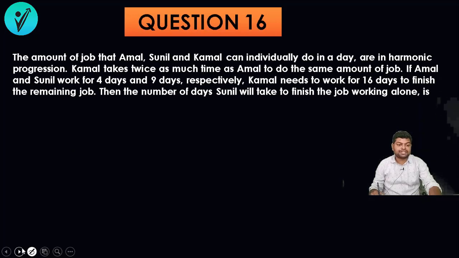Next we have question 16. Question 16 says that the amount of job that Amal, Sunil and Kamal can individually do in a day are in harmonic progression. So it means that their efficiencies are in harmonic progression. So if their efficiencies are in harmonic progression, from this line we can make it out